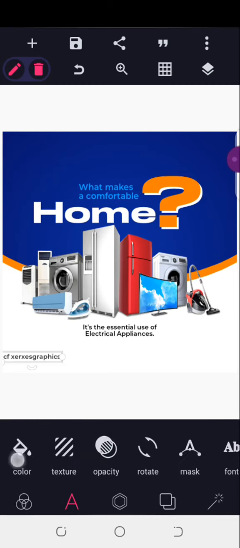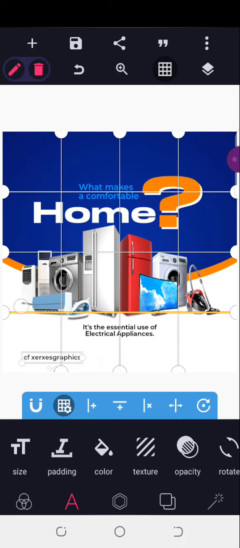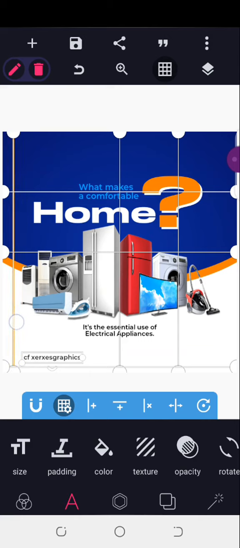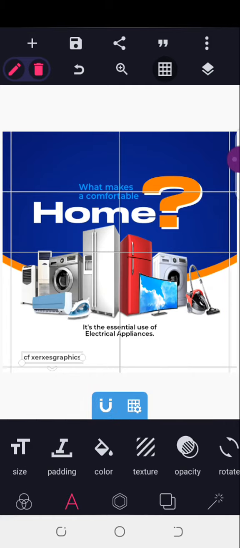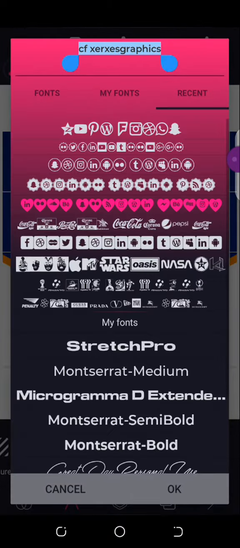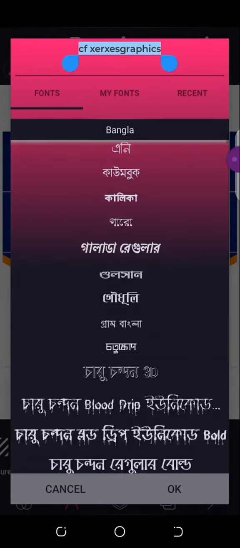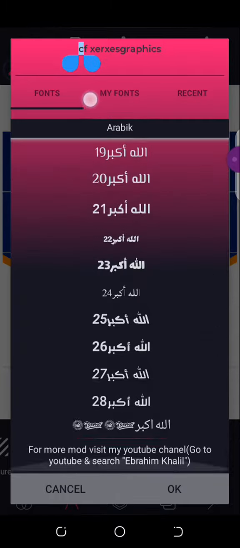Then when you're trying to use the Instagram handle, most times I try to make the text very, very small, and I use a sans serif font. I don't know your choice, but I just prefer sans serif font. It makes it look cool. Alright, so CF, I'll be coming to my fonts. One of the default fonts of my Pixellab is one of these default fonts that I'll be making use of,